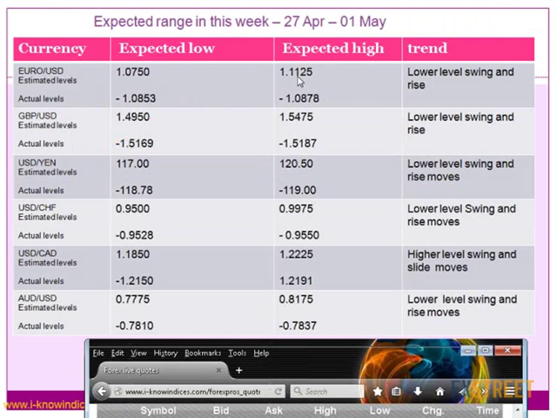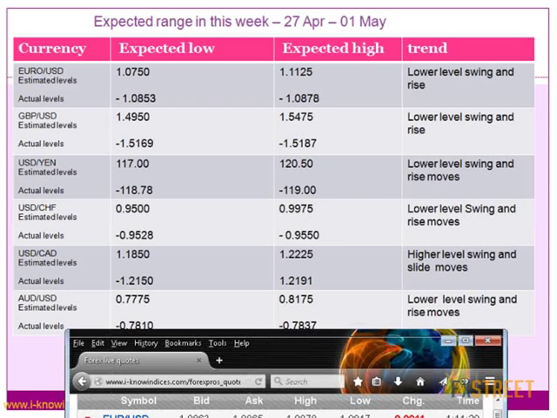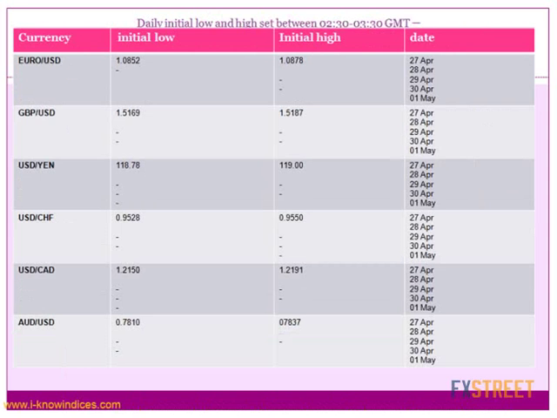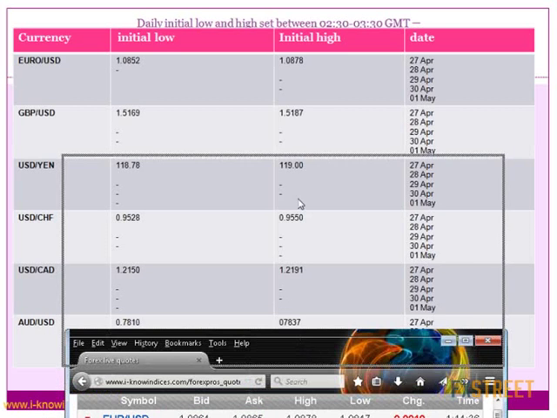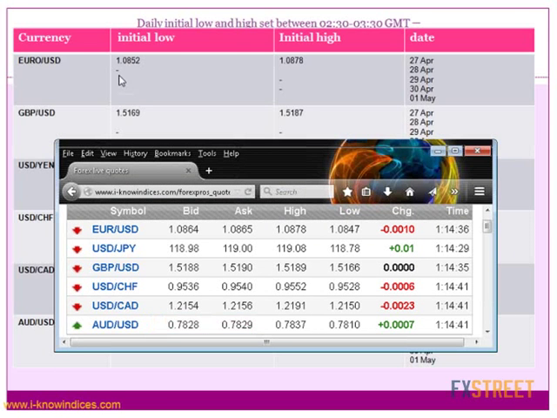And even though the market is expected to be volatile and they are expected to show some extreme highs rather than extreme lows. So far you have seen that extreme lows they have shown, but this time extreme highs they will show, but they will not sustain those highs. So you should be able to recognize that all quick moves are false moves in the market, and accordingly take positions. So here you come across the initial lows and the highs set around 3:30 GMT in the market. I noted down the initial lows and the highs, and now you can see what they have done.